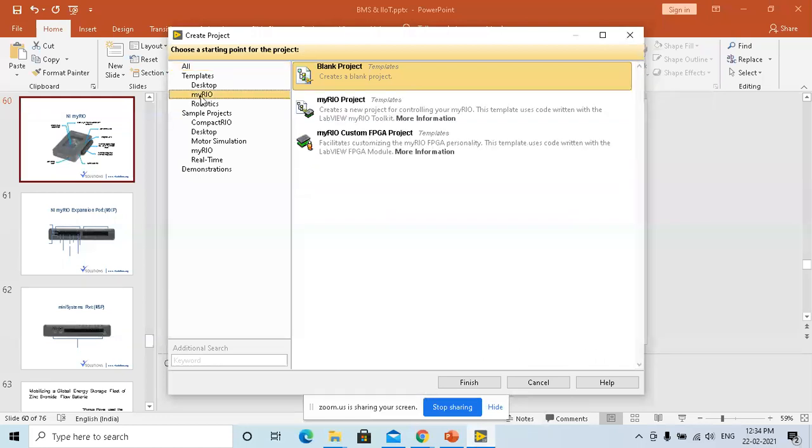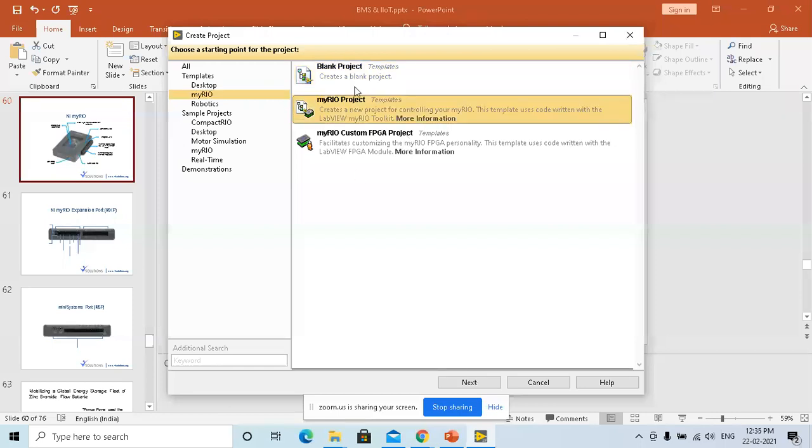I'm going to use my myRIO. So this is the myRIO project, and here I'll have a myRIO project separately available, and I'll go next.